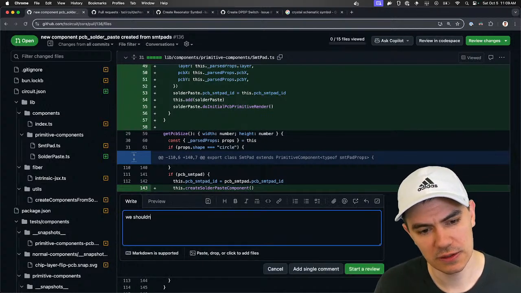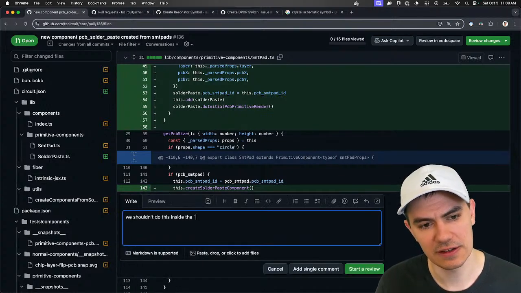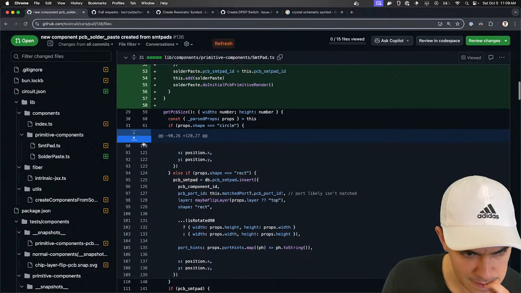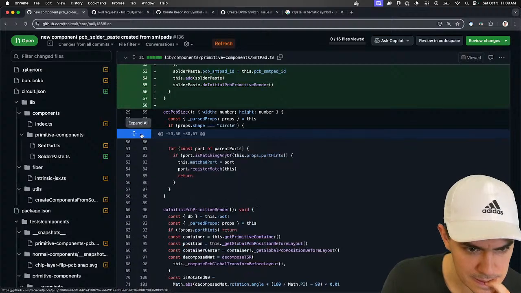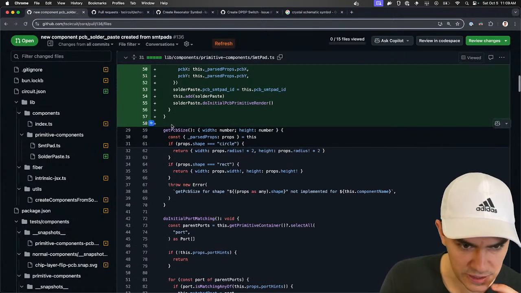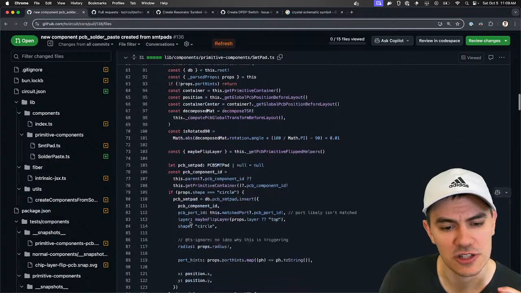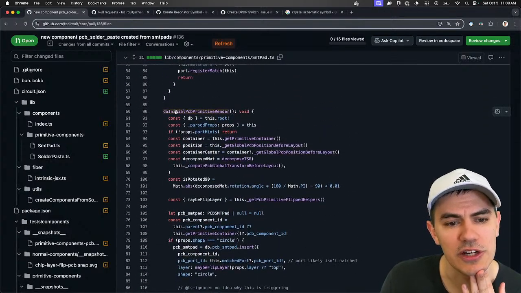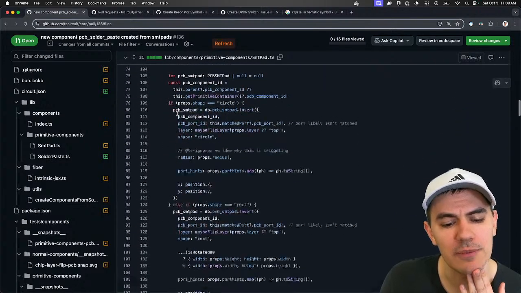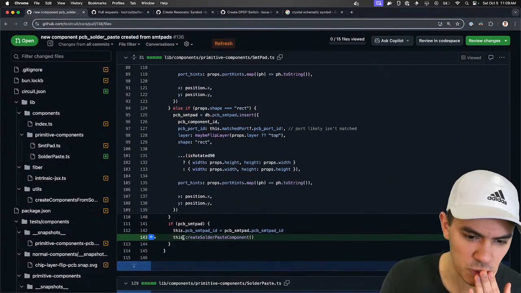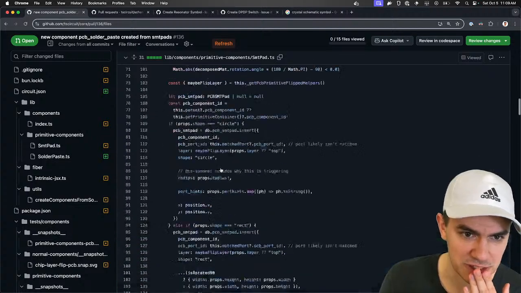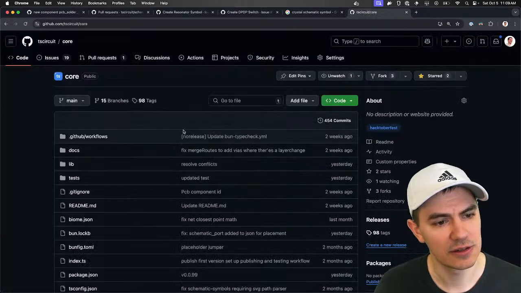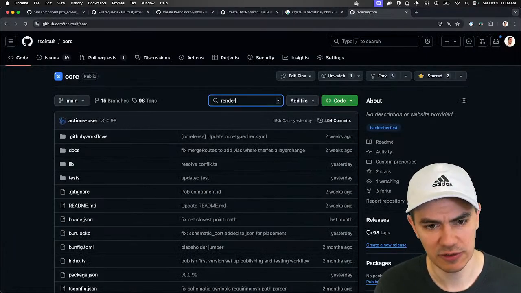We shouldn't do this inside the... Oh, wait. Maybe it's... Where is this? Okay, get PCB set. Do initial port matching. What function is this called in? Do initial PCB primitive render. Yep. This is a weird place to do this. It should be done earlier. Let's look at the render phases here and see if we can find a good spot for it.